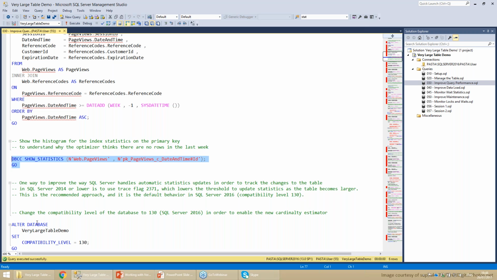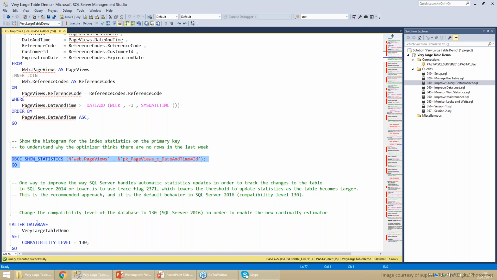And the reason is that prior to SQL Server 2016, the threshold for automatically updating statistics by SQL Server is 20%. Meaning if we have 1 billion rows, for example, and we have just updated statistics, we need to have 200 million rows updated or inserted before we have another automatic statistics update. This is going to take a while, probably more than a week. So we're not going to have an updated histogram for quite a while, and the optimizer will get it wrong and produce poor plans. This is how it works by default prior to SQL Server 2016.